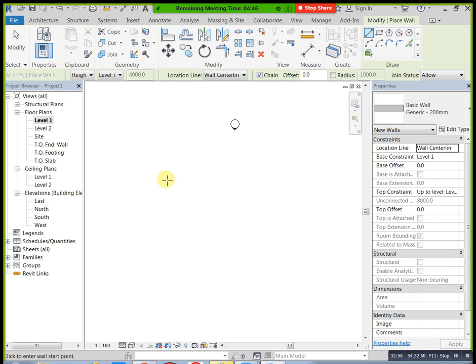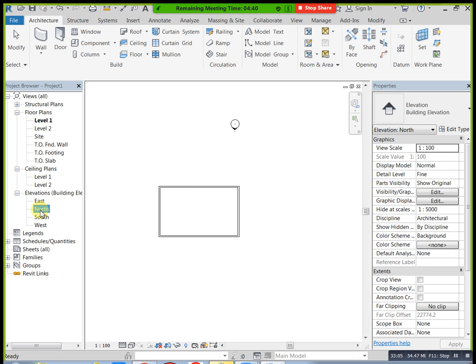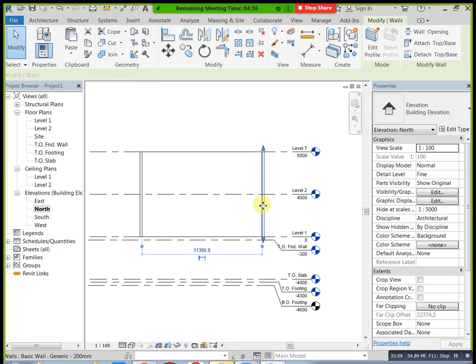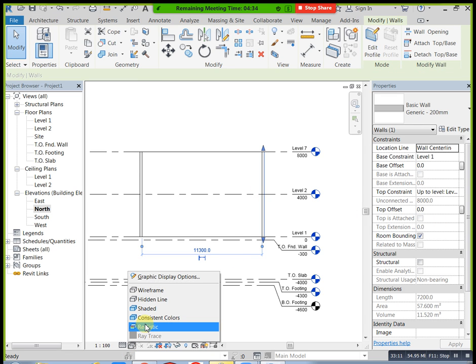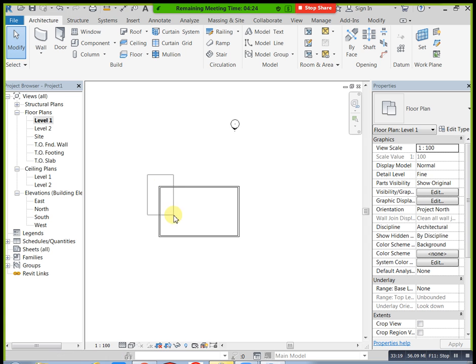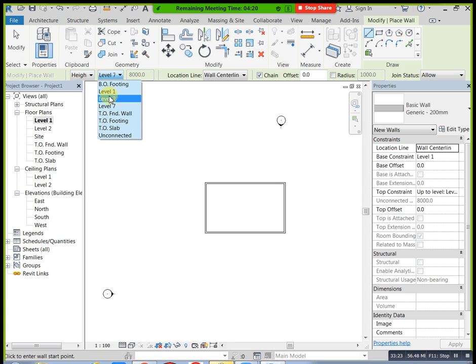If you need a shaded condition, I will draw one more wall. This wall I need up to only level 2. Just set your level. Now go to north. See, now clear na? How many levels you need to create, that much of levels you need.